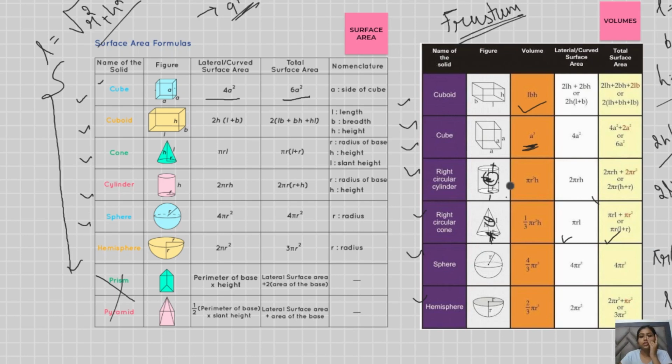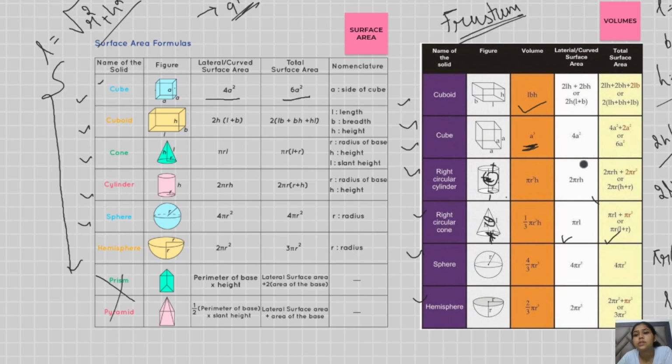Moving ahead with the other two, that is sphere and hemisphere. A sphere is basically a ball. We can say that circle and sphere are two different things, because a circle is a 2D object which can be made with the help of paper or sheets, but a sphere is a 3D object like a football or basketball. These are the spheres.